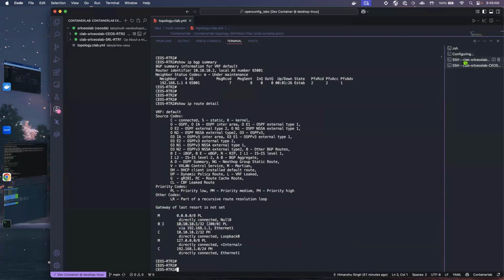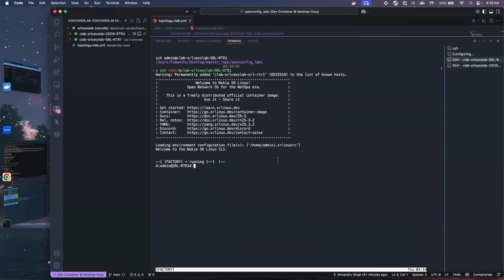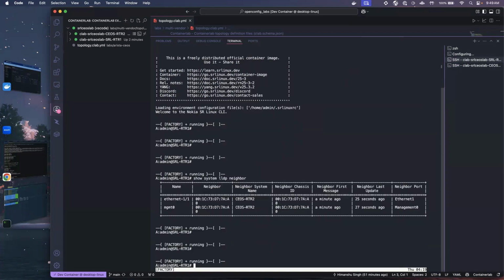Now, if I go ahead and check the same state on this device, if I had to check the LLDP, first of all, the command itself is very different. So it's show system LLDP neighbor. At the end of the day, you are checking the same information, you're using the same protocols, but how the vendor is implementing the CLI, both in terms of configuration and operational state,